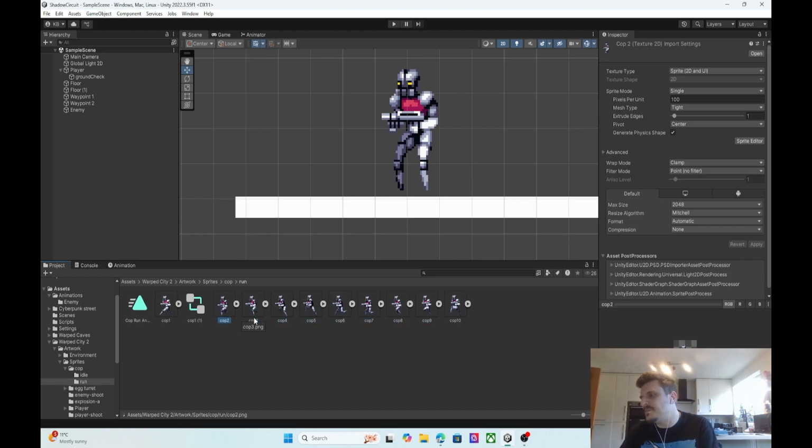Okay, so his idle is him just getting his gun out all the time and then he's running. Is that okay? We'll deal with that. That's cool. Cool. So